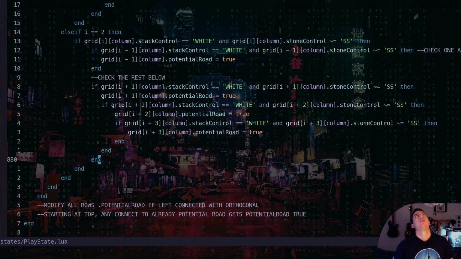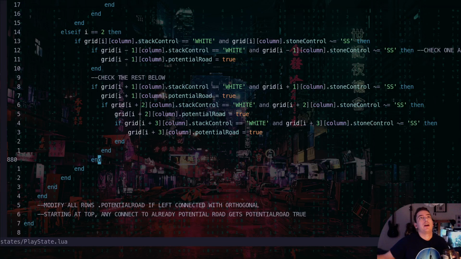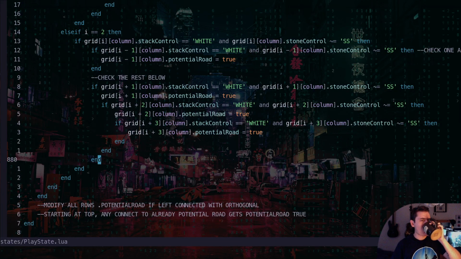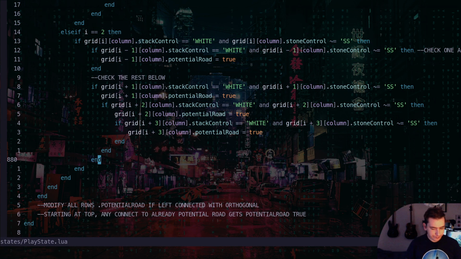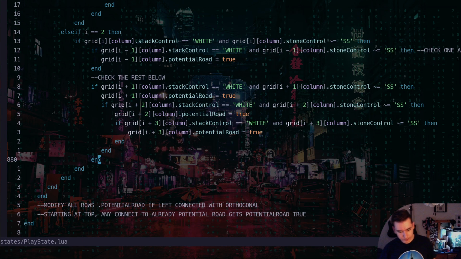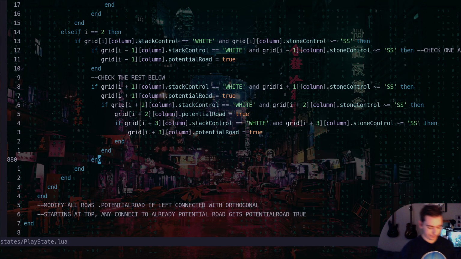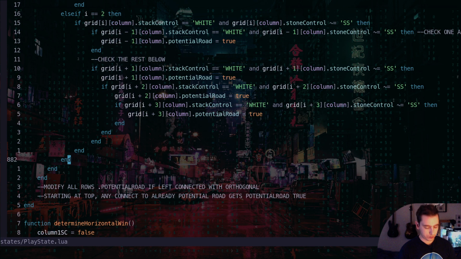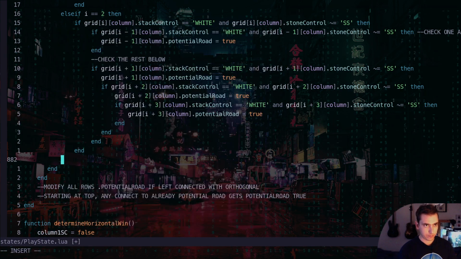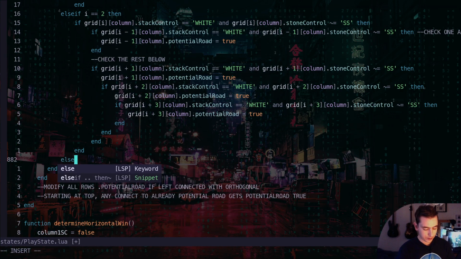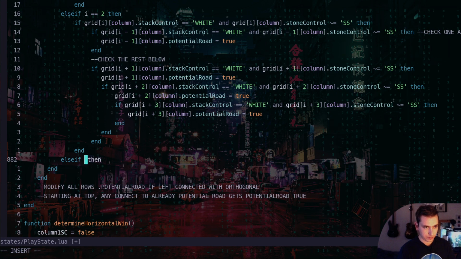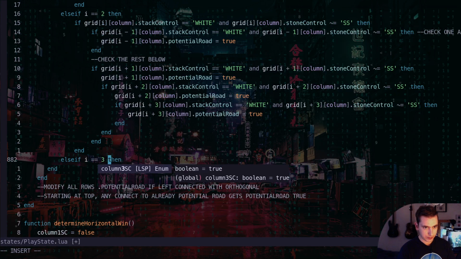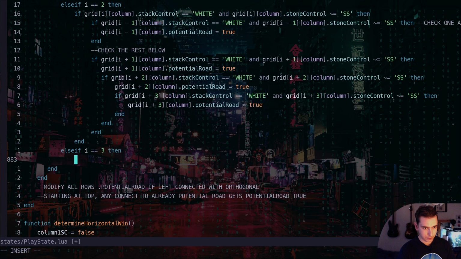So our third row case, we'll have to check up to 2 spaces above us and up to 2 spaces below us. Gosh. Okay. So we'll put it here. Else, if our I is equal to 3, then we're going to be doing